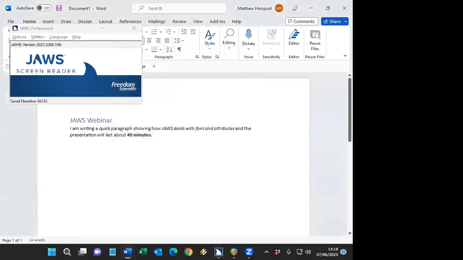Scheme, classic attributes, edit. So now if I read this document through... Top, normal, heading level 1 JAWS webinar. It's announcing the fact that the bold has been turned off. It's saying it's normal, and I'll just press the down arrow. I am writing a quick paragraph showing how italic JAWS deals with font and attributes, normal, and the presentation will